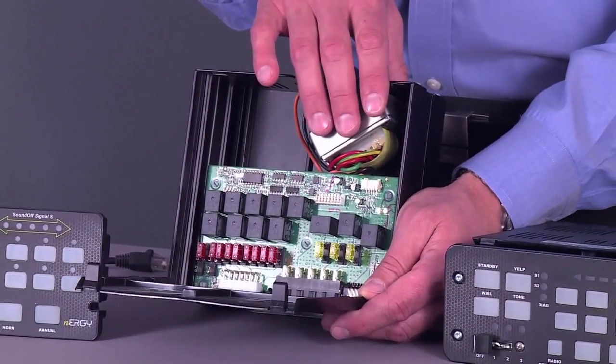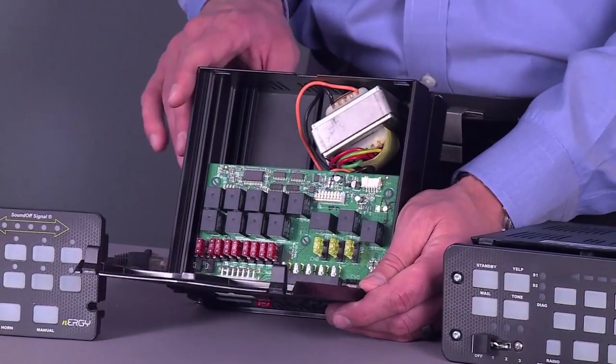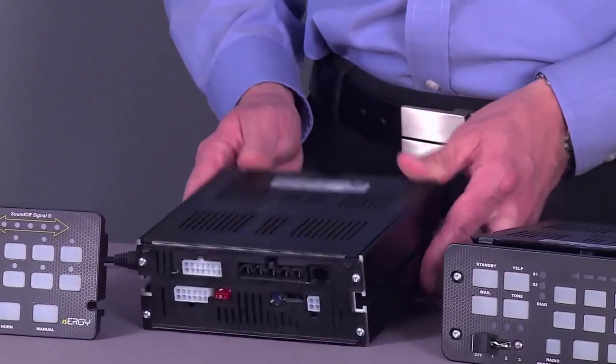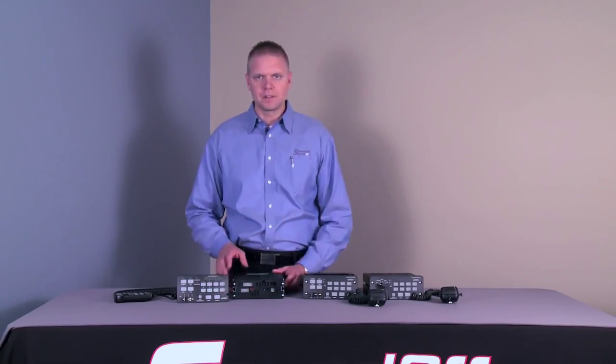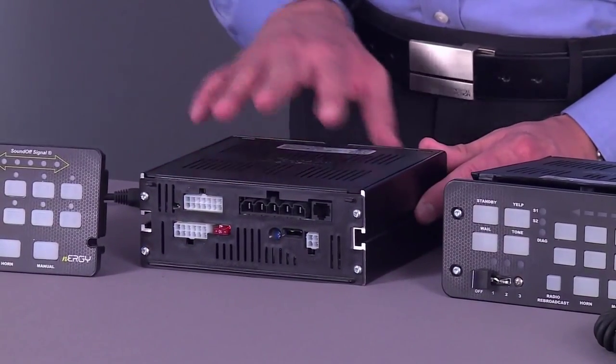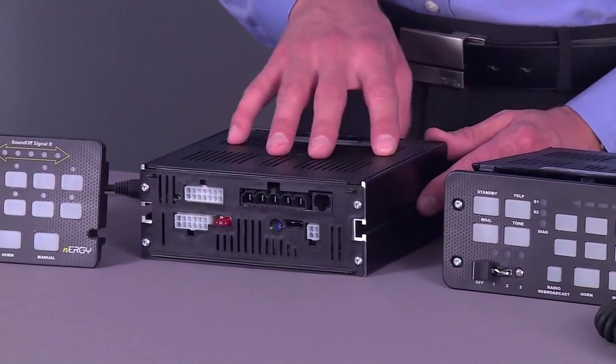All of the 400 series nERGY controllers have the ability of doing either the single amplifier or 2 amplifiers, allowing you to have either 100 or 200 watts and 1 speaker or 2 speakers. Now, if you want to use 2 speakers, obviously you have to have the 200 watt version, but if you do have the 200 watts, this controller does allow you the capability of running 2 speakers at the same time